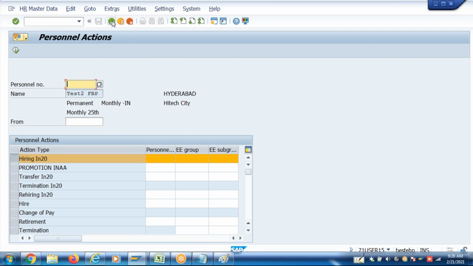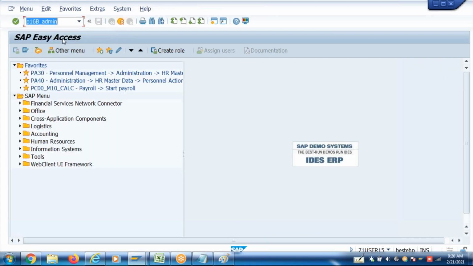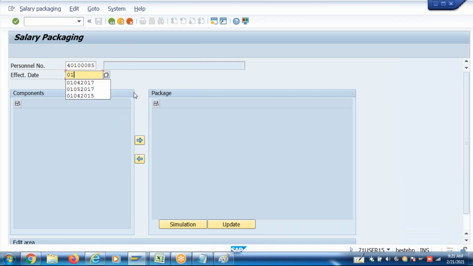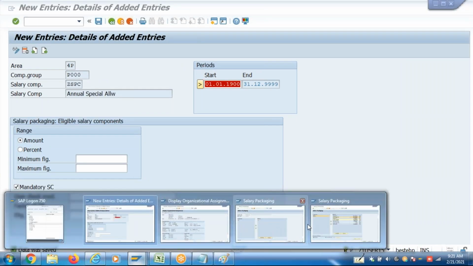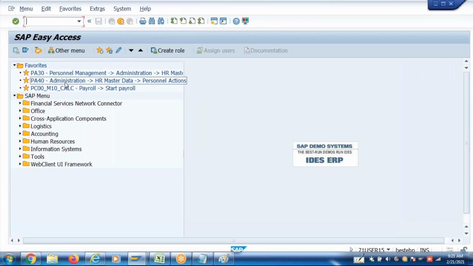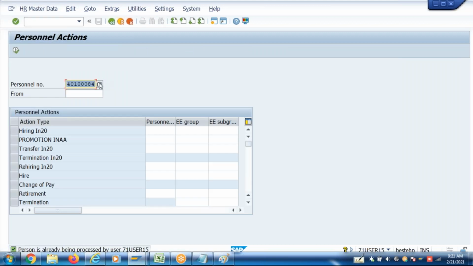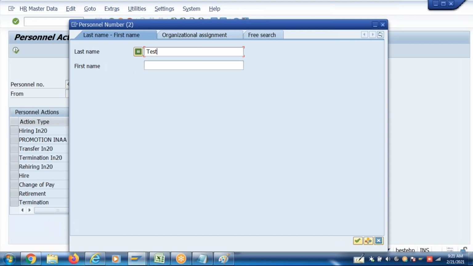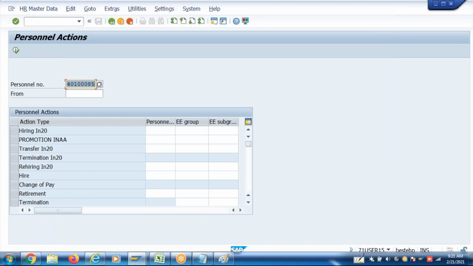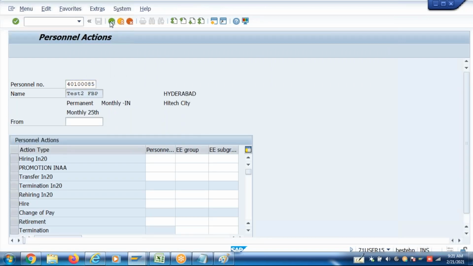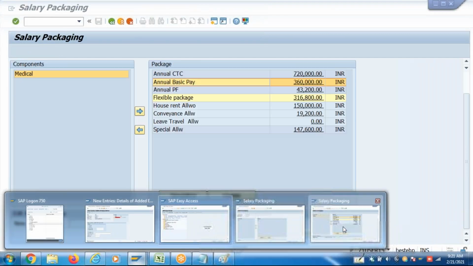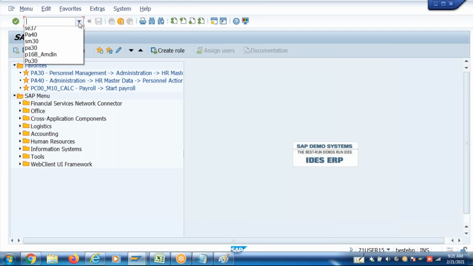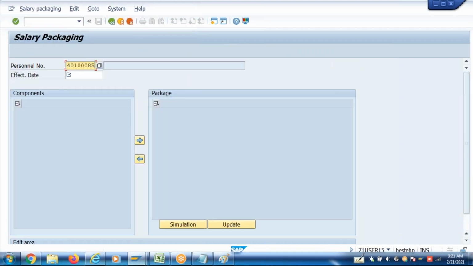Now, the employee can go to the FBP screen. P16B underscore admin. So effective date of record. The record should be created from this date. What is the employee number? Go to P16B underscore admin. After this, guys, when I click on enter,